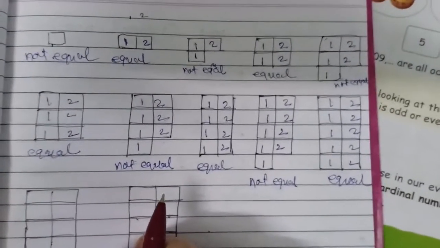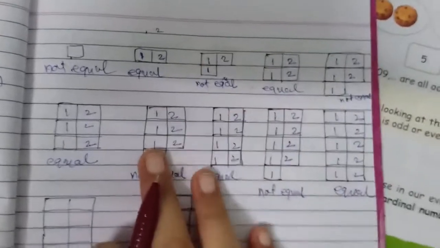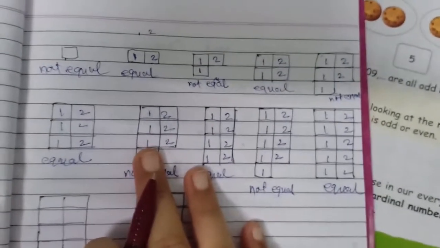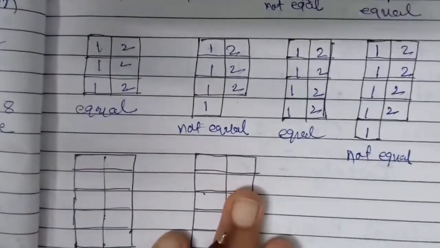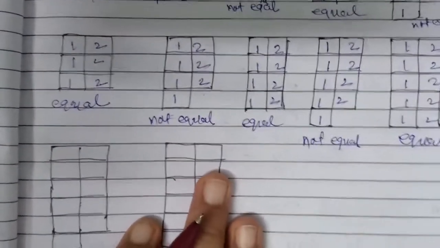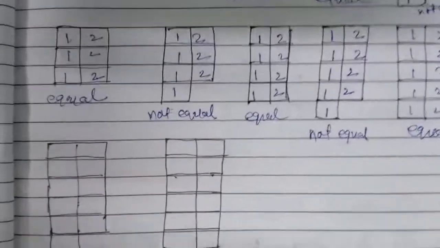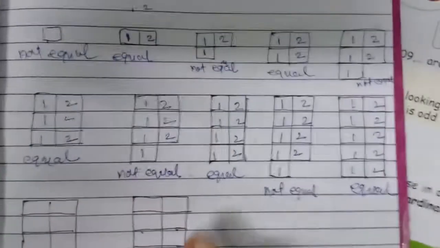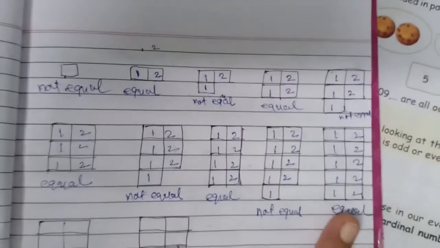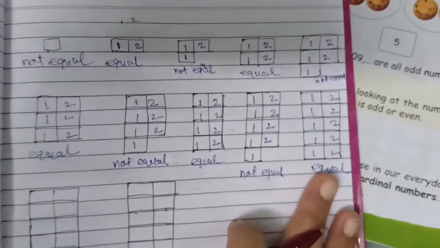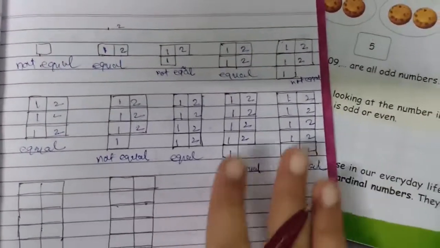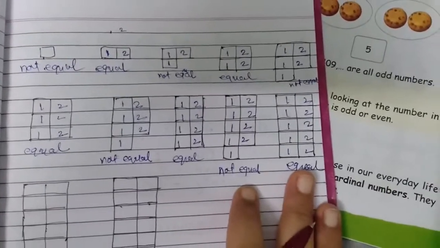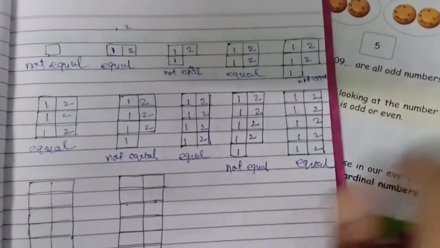Whenever you take a number and represent the number in the form of boxes, in the form of holes, you can see here some of the boxes are not divided equally and some of the boxes are divided equally. So from that we can find, whenever you are writing a number, some parts are divided equally in two parts. So from this we can find one concept named even and odd.